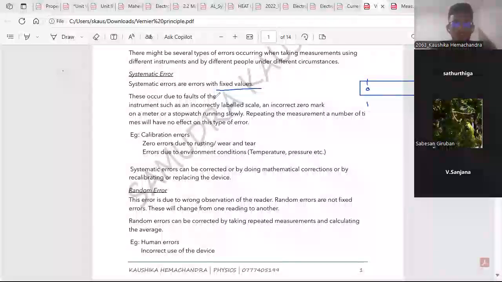They have fixed values because they are errors of the instrument. An example is the incorrectly labeled scale. Or similar to that, the zero mark might be at the wrong place. Even our watches, since they're battery operated, where the battery is losing power,